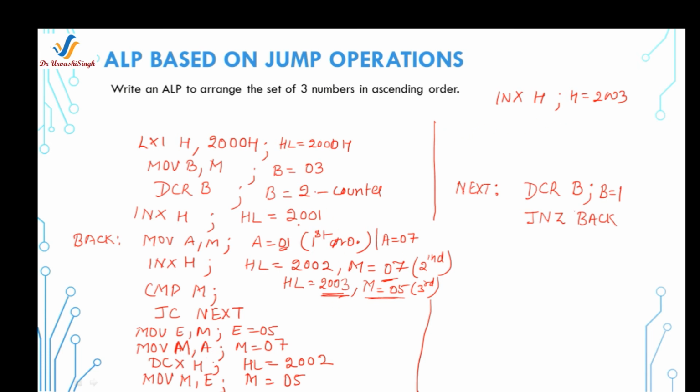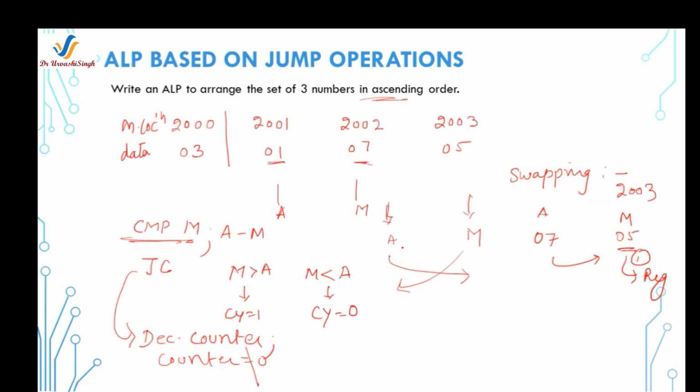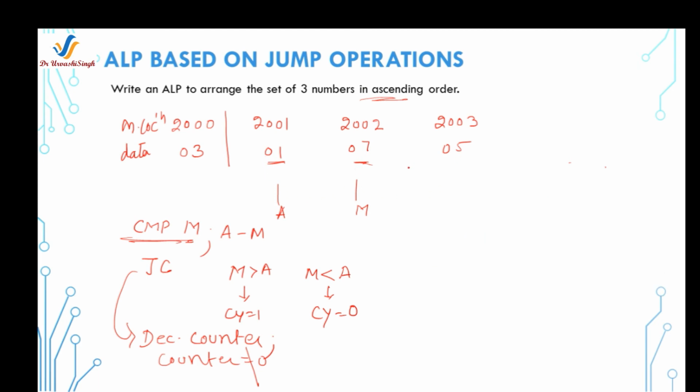Okay, so in this way we are done with the programming, but students, note the point that this program is fine where we have to perform only straight away comparison. Straight away means we have to just compare this and this. But the case will be different when you change the set of data in this way. Like